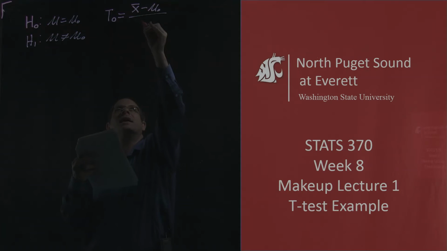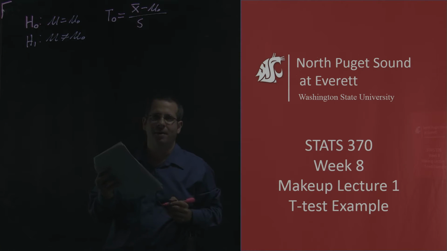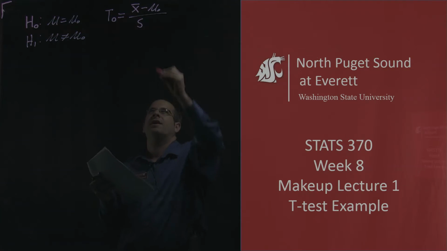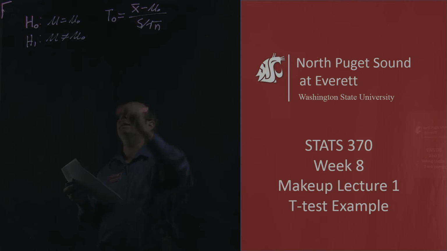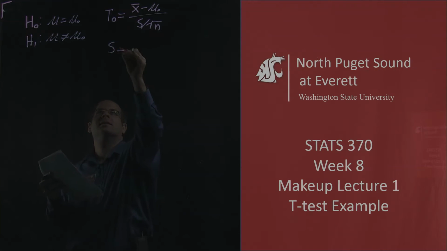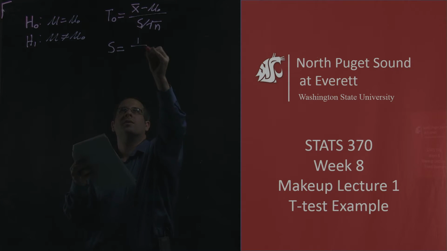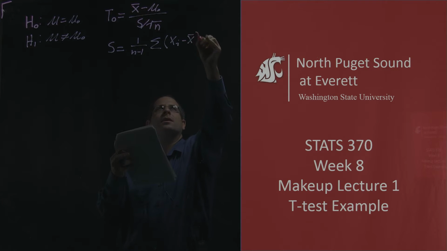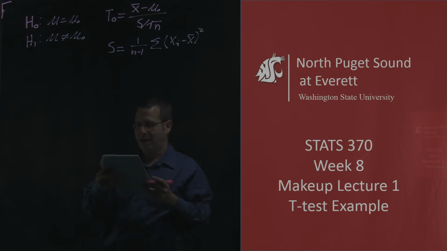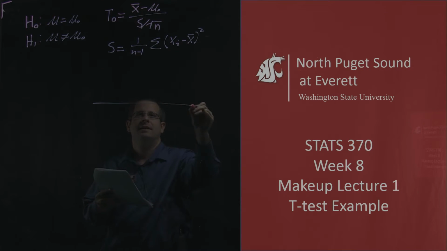over, instead of the standard deviation of the population, the standard deviation of my sample, S over the square root of n, where S squared is defined as 1 over n minus 1 times the sum of xi minus x bar squared. Okay? And to refresh your memory,